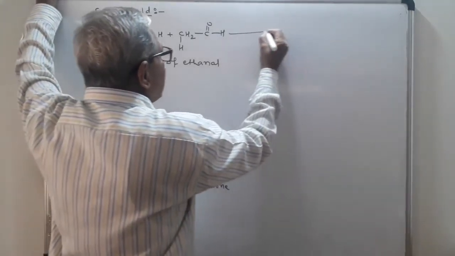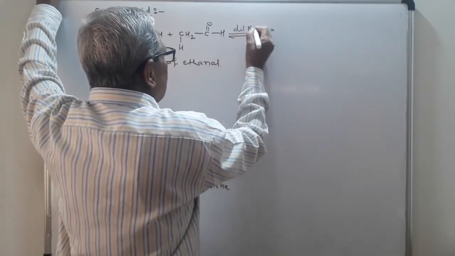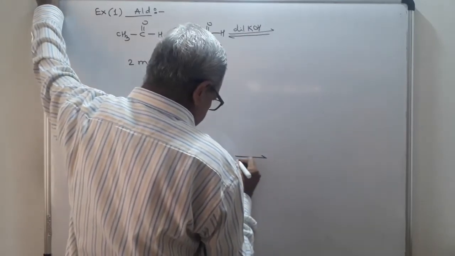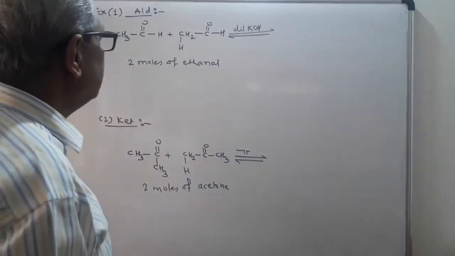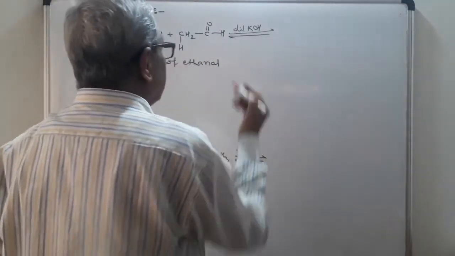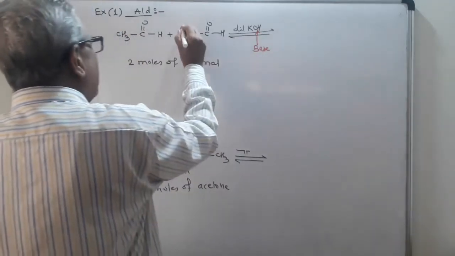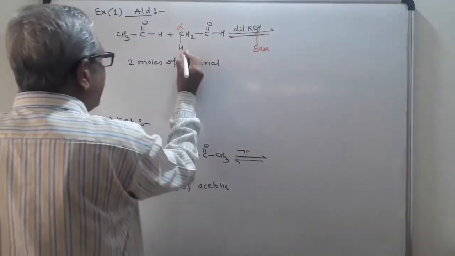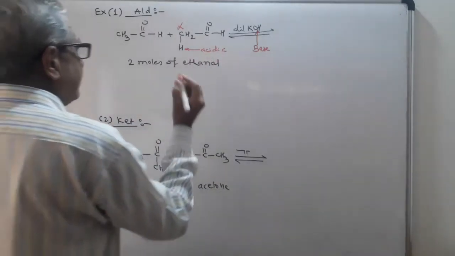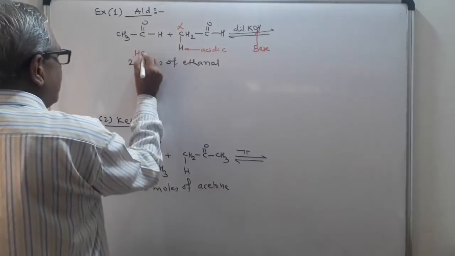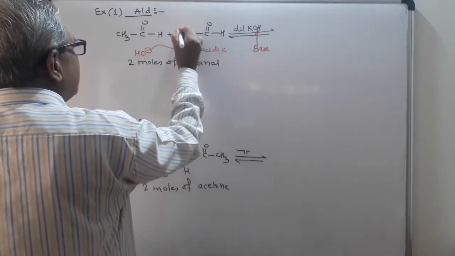This is a reversible reaction carried out in presence of dilute NaOH or KOH. Again, take here the same reagent, dilute NaOH, KOH or Na2CO3. Now, see here, this NaOH, KOH will act as a base. Therefore, it will attract the alpha hydrogen atom because this hydrogen atom is acidic in nature. Therefore, I will indicate the mechanism like this. This is OH minus. This will attract this acidic hydrogen. Carbanion will be formed. Carbon will get the negative charge.